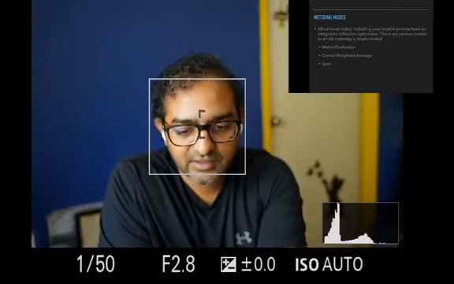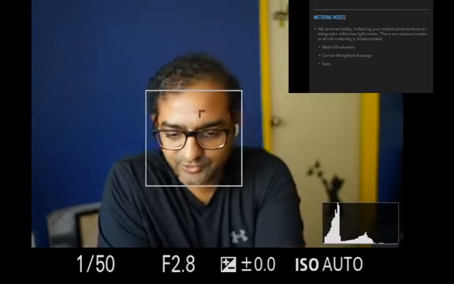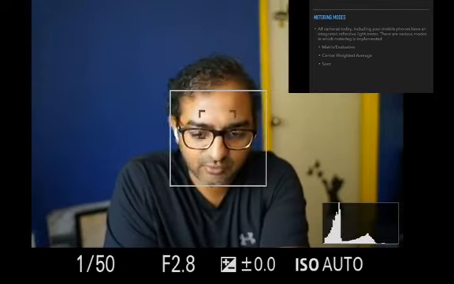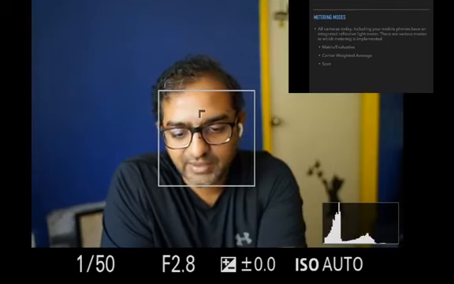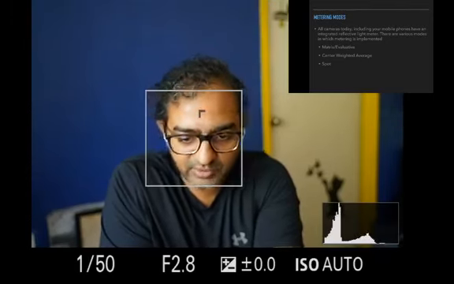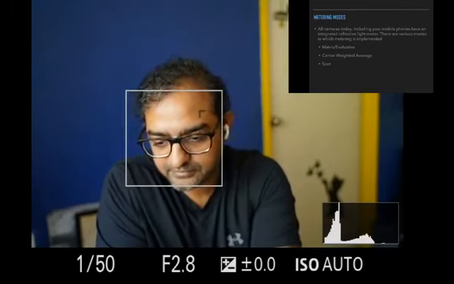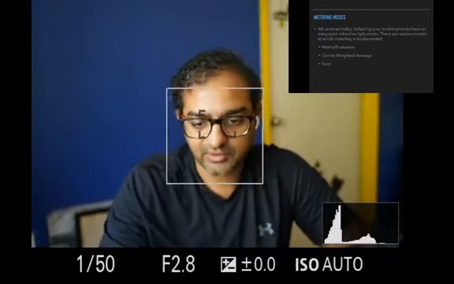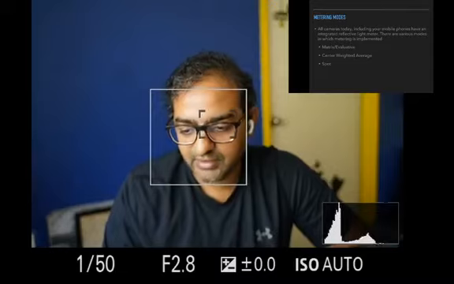My camera is on auto ISO, so I can't tell you what the ISO is, but for whatever ISO it's shooting, it's probably something like 400 ISO. It's saying that 1/50 and f/2.8 will give me a decent exposure. Right? So that's what it's telling me. This is the camera's light meter reading that you're getting.